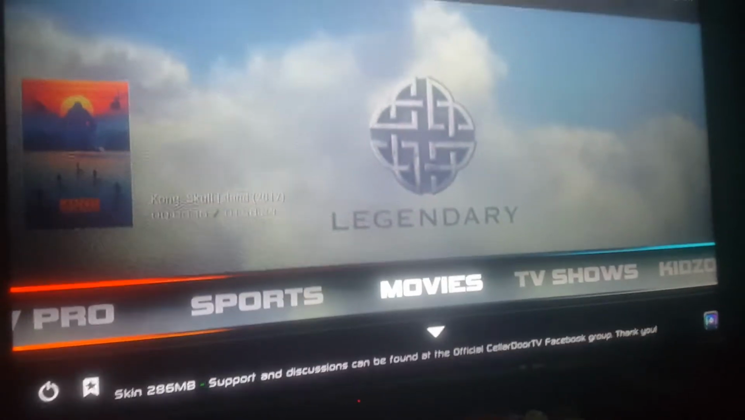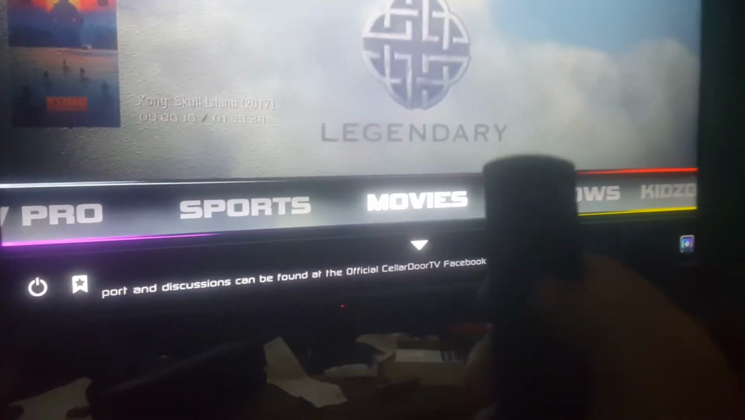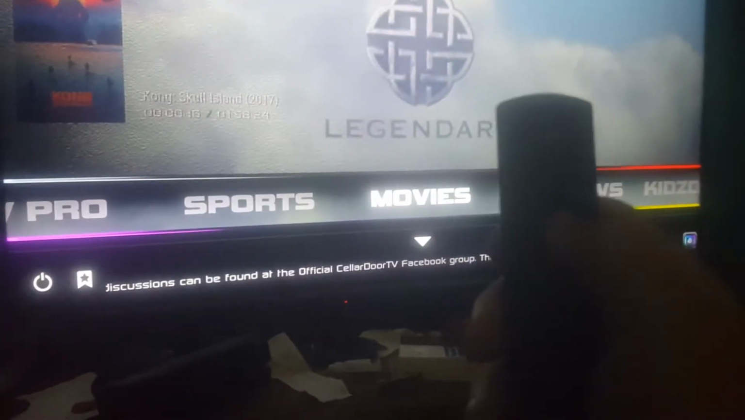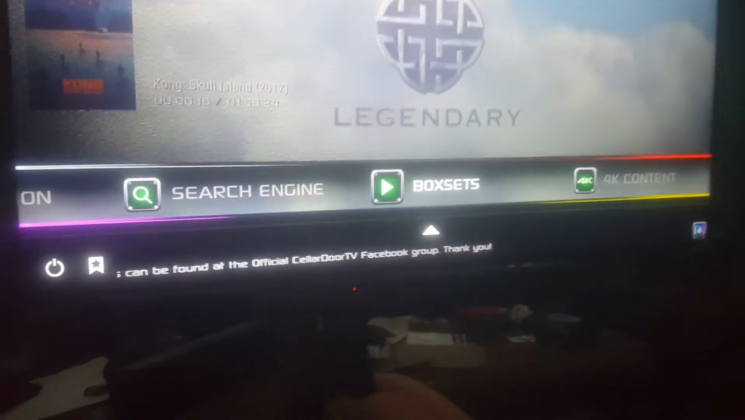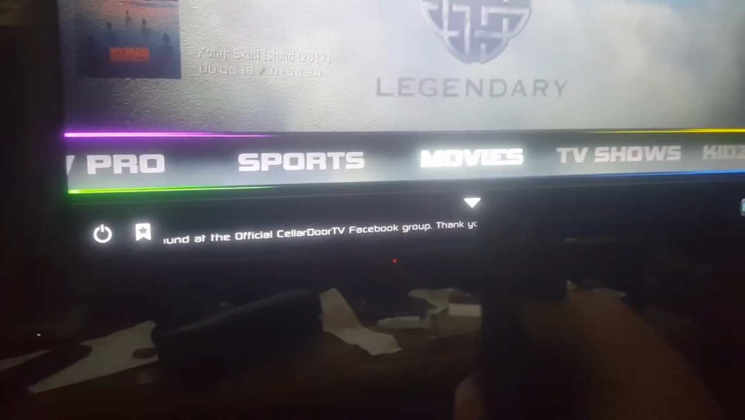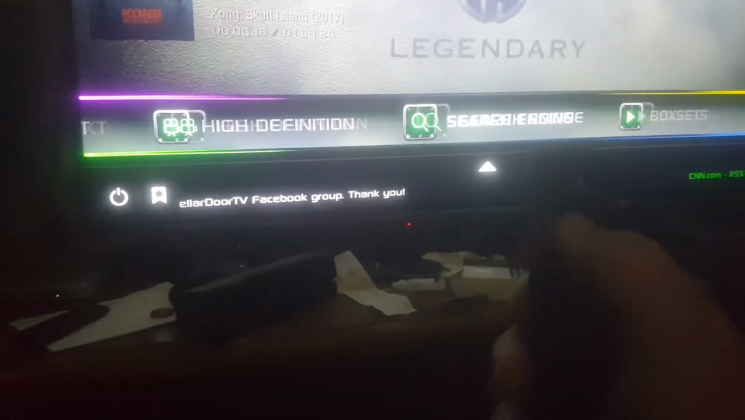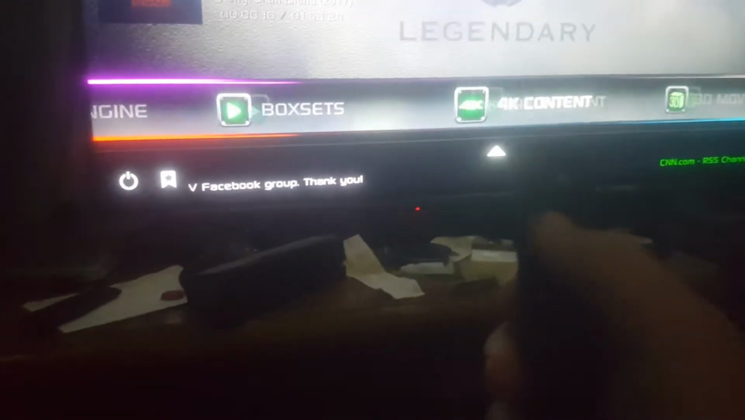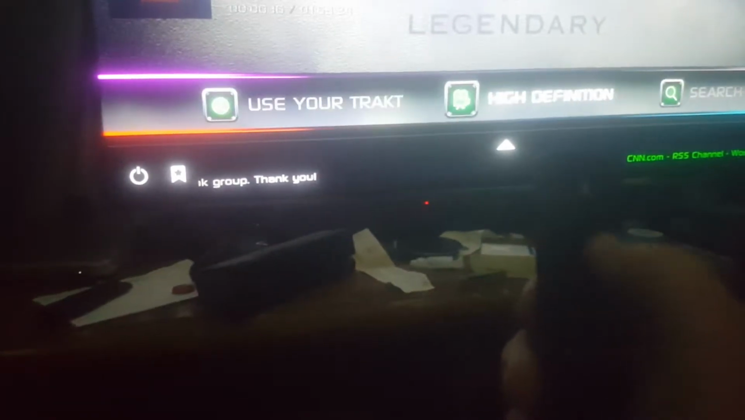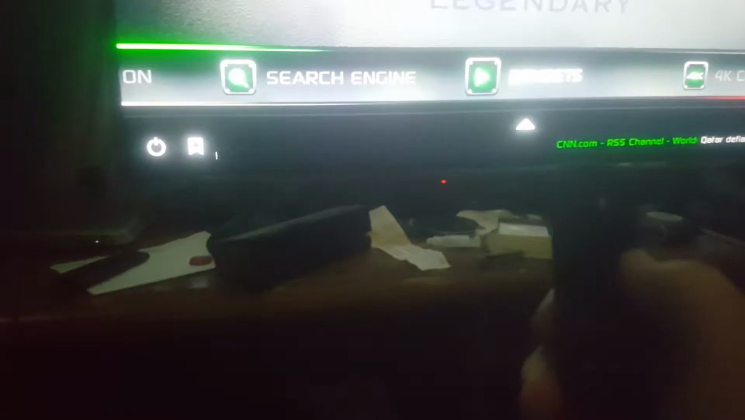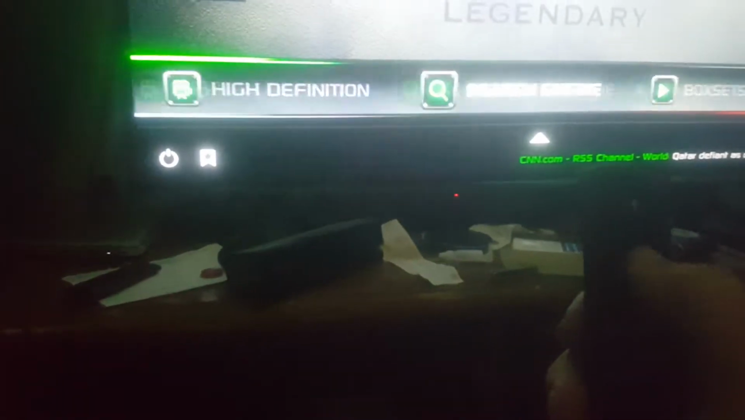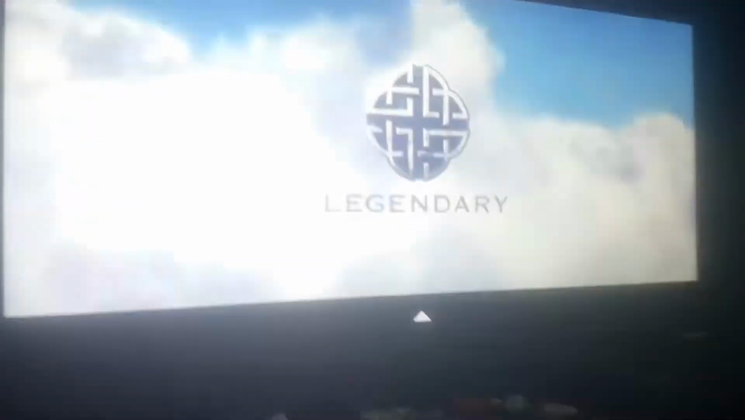to search for movies. Say you're on top of the movies thing again, just hit the bottom button on your Fire Stick remote and hit down, and all that does is just drop the categories more, and you can search box sets, 4K content, high definition. I've never really used like the 4K content or any of that. I don't think it works very well, but I know the search engine is what I use most of the time. So just go ahead and select the search engine,